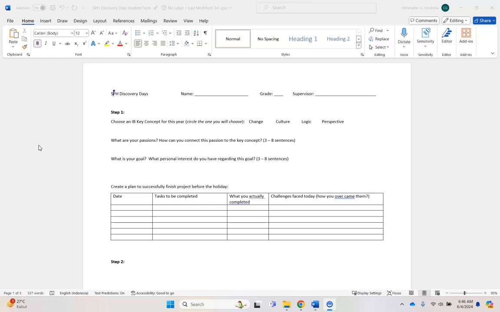After that, take that passion and that key concept. Maybe you want to take something like change as your key concept, and one of your passions is environmental studies. You're going to be looking at pollution or whatever is going on around Central, and you're like, I want to bring change. Your goal with the environmental studies could be to start a website where you are giving people ideas or resources for how to bring change or organize people in this area, Central, to have a positive impact on the environment around them.